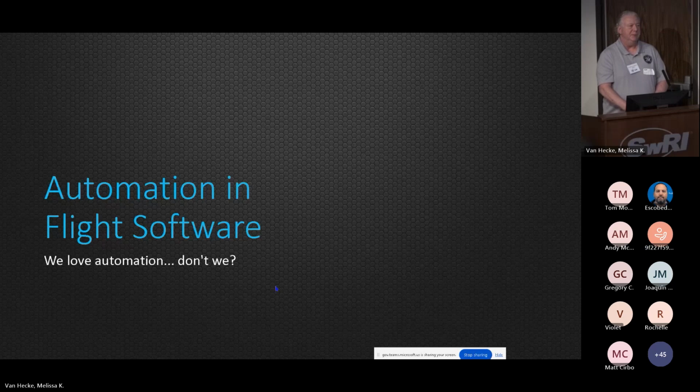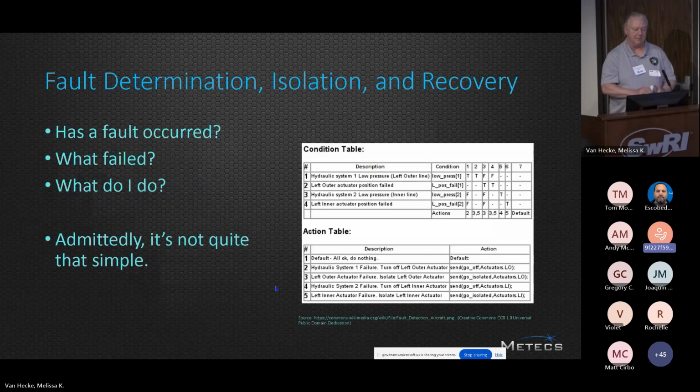And I'm going to deal with this in a roadmap fashion. I'm going to start by talking about something that we're very likely already very familiar with in this realm, which is fault determination, isolation, and recovery. And at its simplest, and I don't mean to downplay the complexity, I'll speak to that in a moment, but at its simplest, this is really an if-then-else, right? If you think about it, if the voltage on my Fox satellite that I had the pleasure of working with in the amateur radio world drops below a certain threshold, then go into safe mode, start shedding load. Very, very simple. You detect a failure and you figure out what to do based upon that failure, and you take that action. But that simplifies it a lot, right?